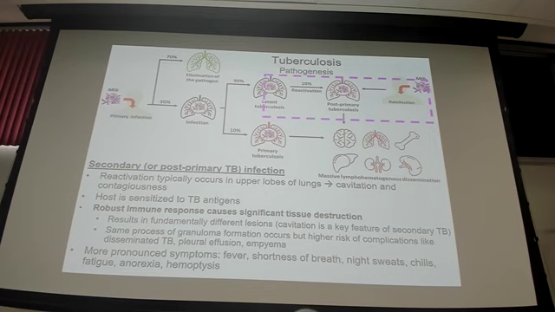So cavitations, some more severe symptoms in the lungs, pleural effusions, where you get a lot of liquid and fluid building up in the lungs, empyema, and these severe symptoms that are associated with active reactivated tuberculosis: night sweats and chills, fatigue, anorexia, and hemoptysis. What is hemoptysis? Coughing up blood. Yeah, exactly. So these are usually the more severe disease presentations. The host has been sensitized to those antigens already.